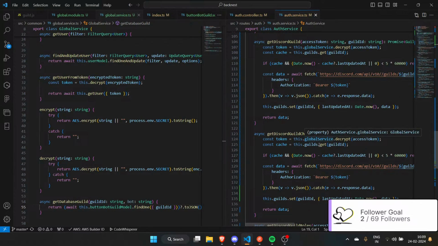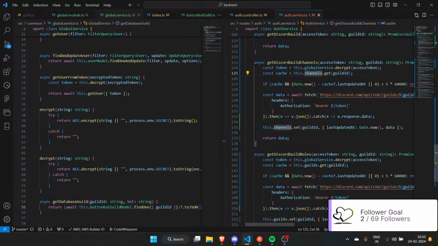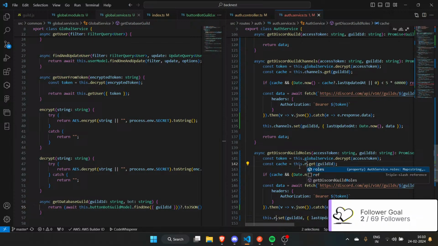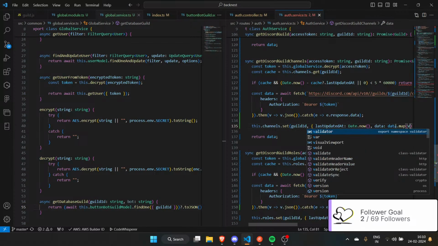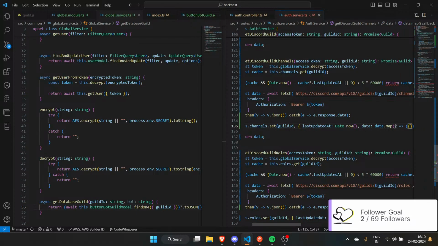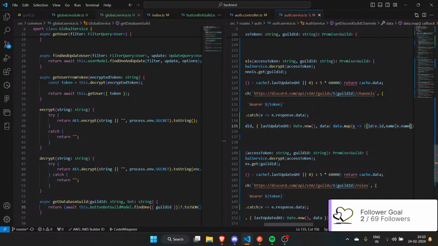So instead of this dot guilds, it will be this dot channels, channels of this server. Then we will have the same but for roles, and this thing will be data dot map is equals to ID and name only.